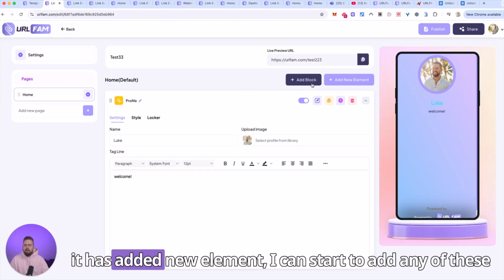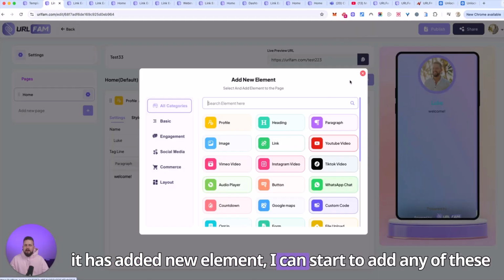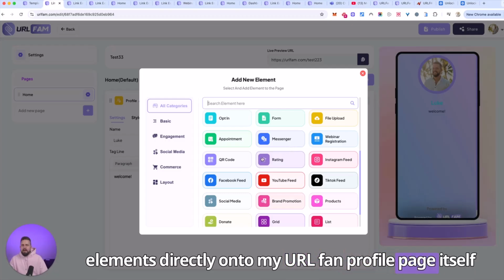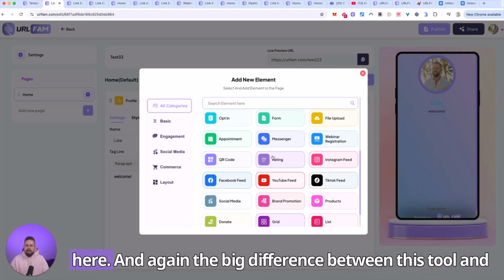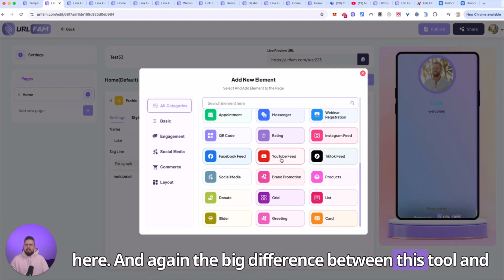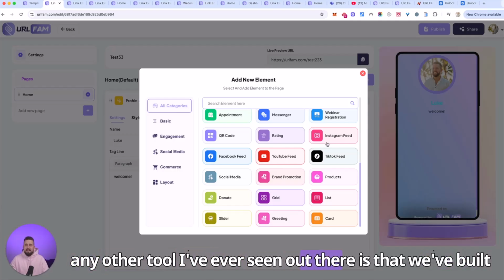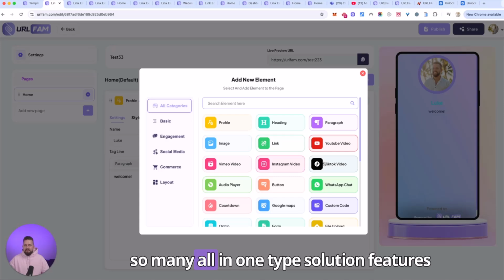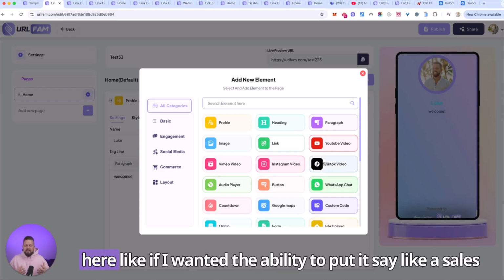Now, where it says add new element, I can start to add any of these elements directly onto my URLFam profile page itself here. And again, the big difference between this tool and any other tool I've ever seen out there is that we've built so many features here, all-in-one type solution. Like if I wanted the ability to make it like a sales page, I could do